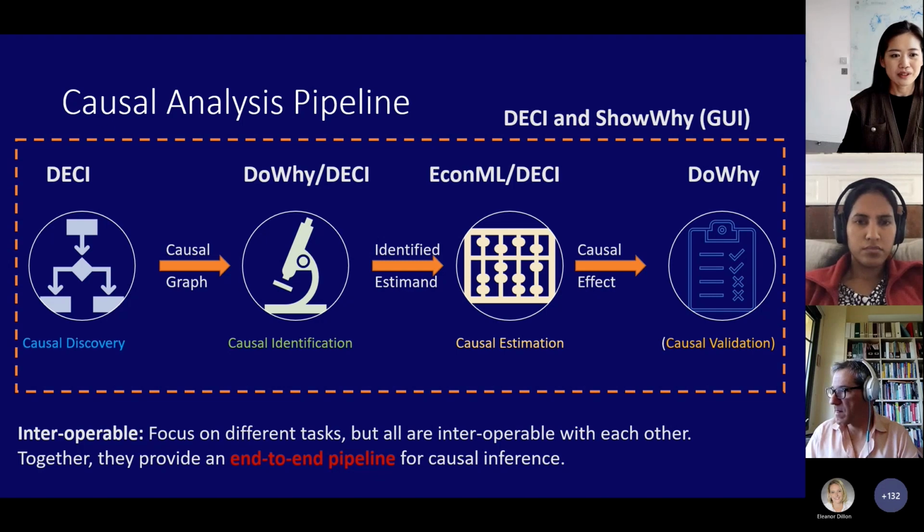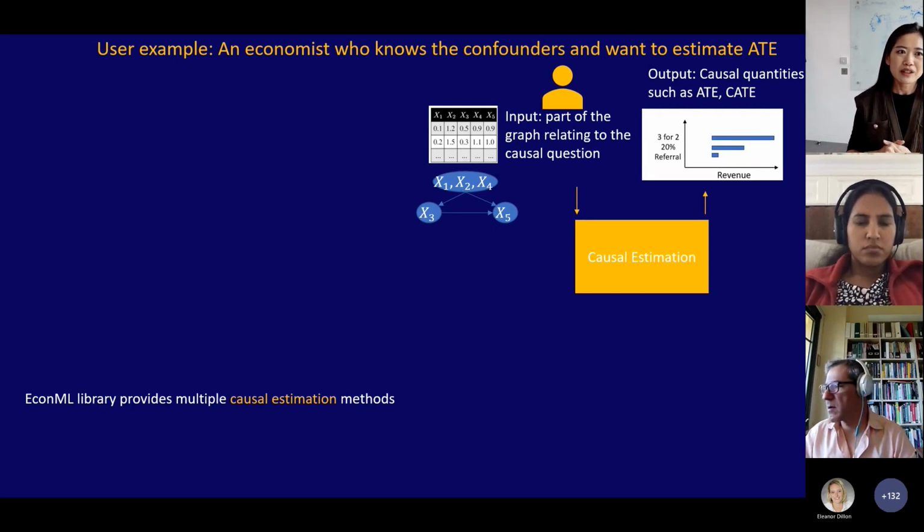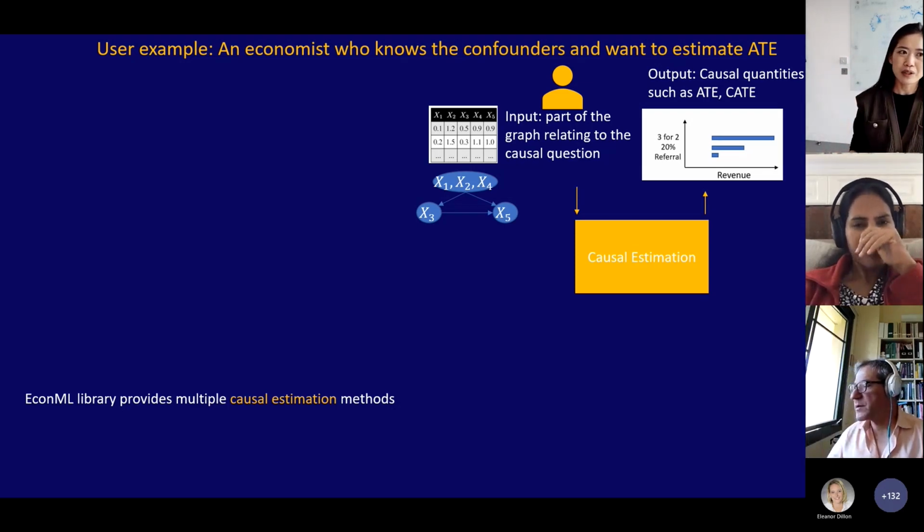Okay, let's see how this type of pipeline can provide different user experiences. First, as an example, an economist may know the confounders and what they want to estimate, for example, average return effect. These are the causal quantities we need to make decisions.